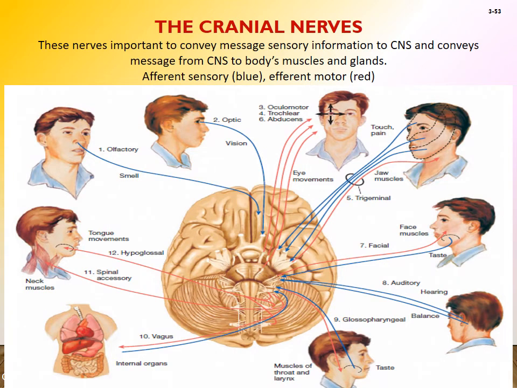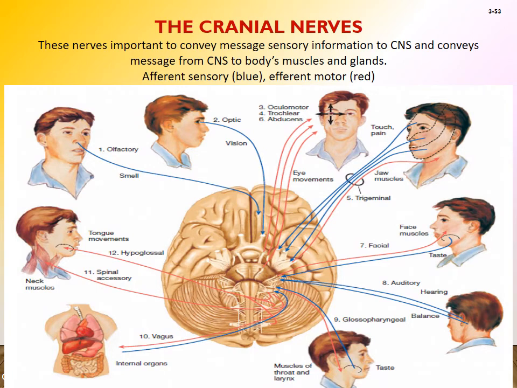So as you can see in this picture, the nerves are important to convey sensory information to the CNS and to convey messages from the CNS to the body, muscles, and glands. The blue one is the afferent, sensory, whereas the red one is the efferent. Afferent means what? From our side into the brain, whereas efferent is from the brain to the outside. Okay, how is our message actually transferred? Okay, so as you can see,